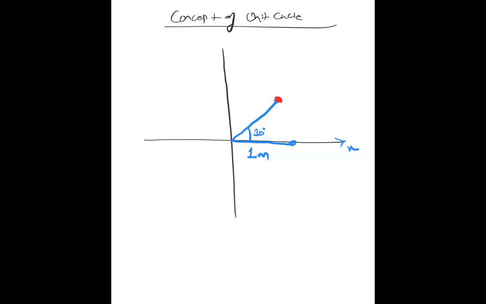If you really see the coordinate, this will be 1 meter, right? This is 1 meter. So what is the vertical distance it has reached, and what is the horizontal distance, what are the x and y coordinates? Basically, the x coordinate for this stick is nothing but cos theta, cos 30, and the y coordinate is nothing but sine theta. It's like that.